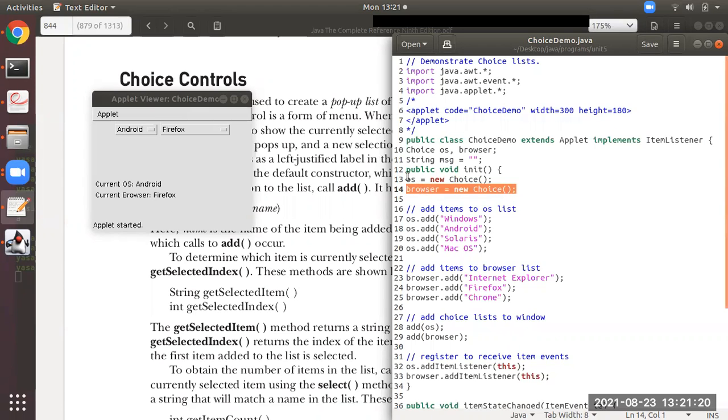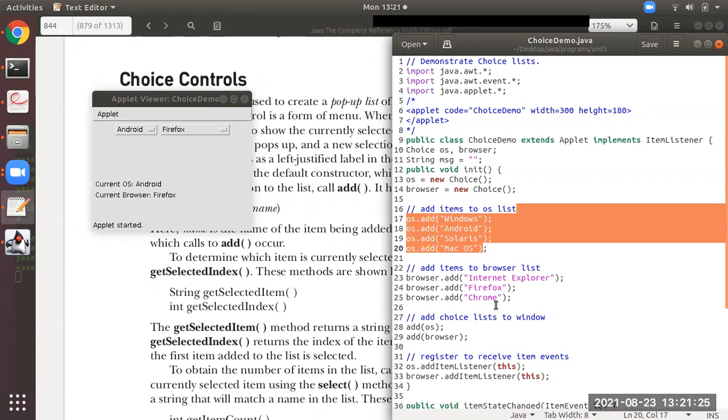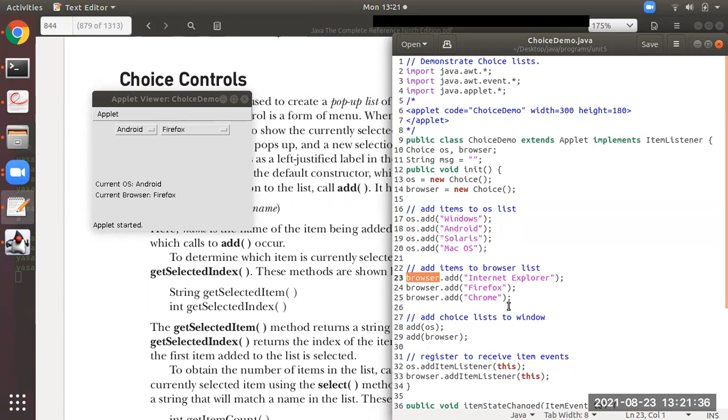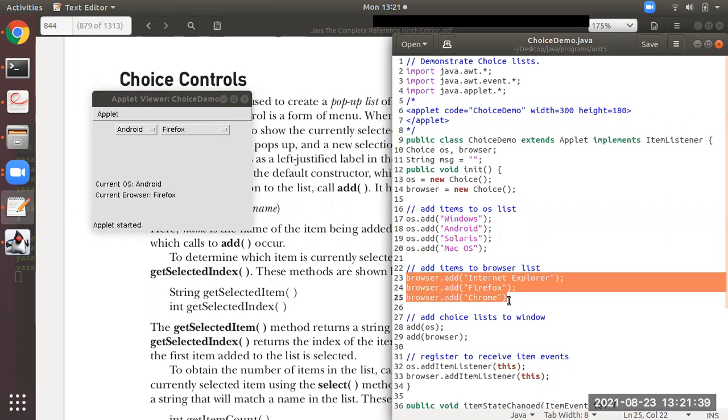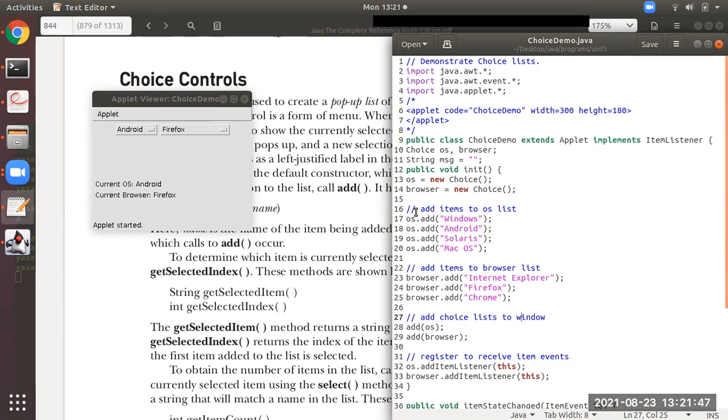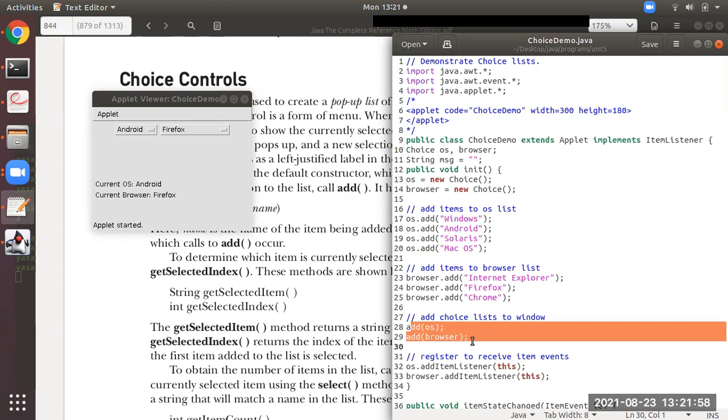Please try to understand the coding. Then same concept, you have to add inside the object of class Choice the labels. Similarly, for the other Choice object, the other pop-up list, you are adding the three labels. For the operating system, this is the code to add the inner items. Then you have to add the Choice object classes.